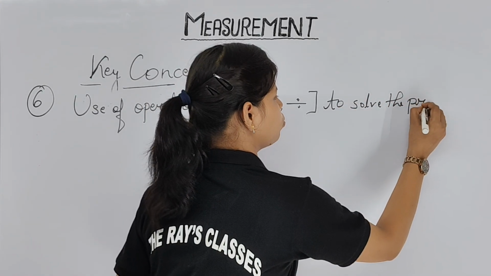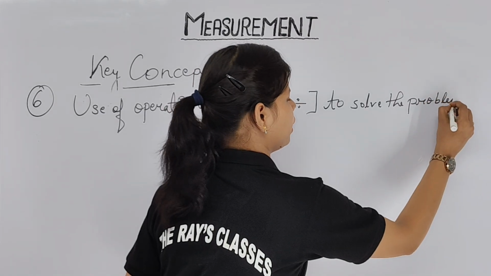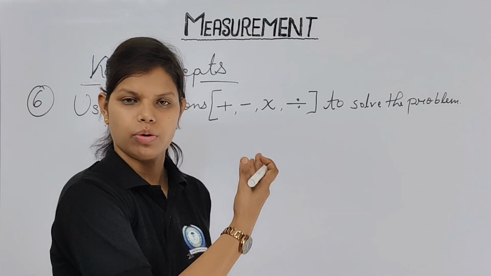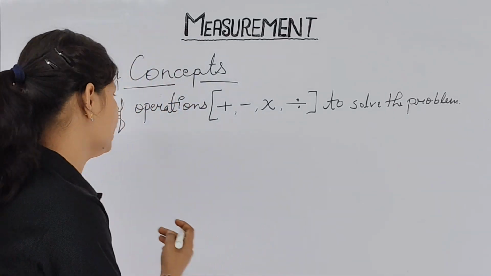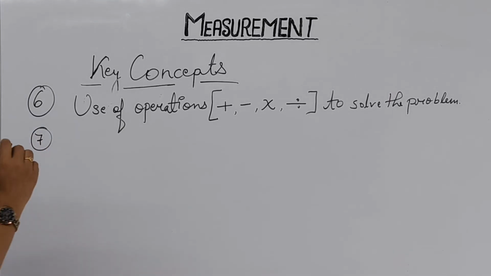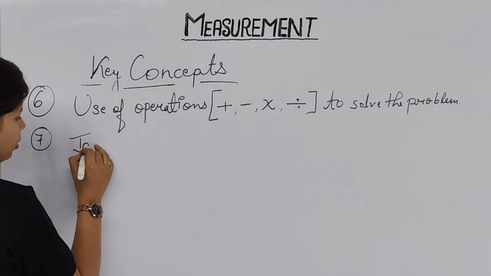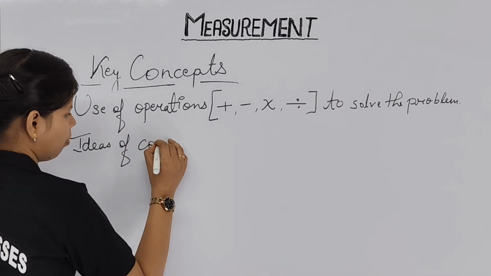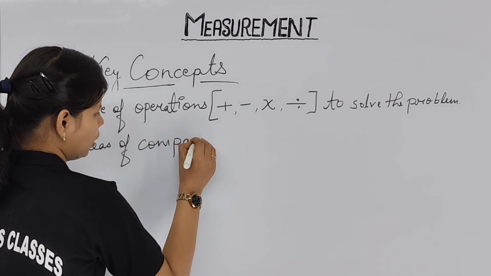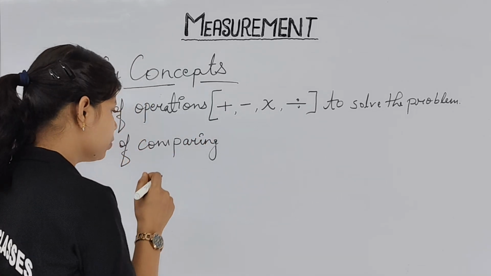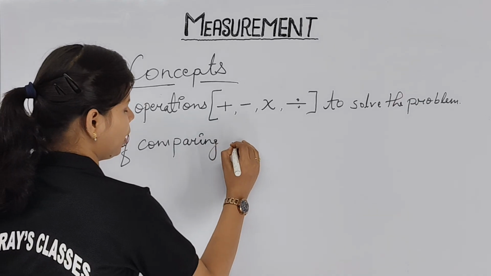Clear, no? You are not going to convert only meter to centimeter. There are different ways. We are using different operations to make its conversion, that you are going to start in this chapter. Next, we are going to learn about ideas of comparing. Before that, you learn about that conversion of larger to smaller units. Here you are going to learn about ideas of comparing